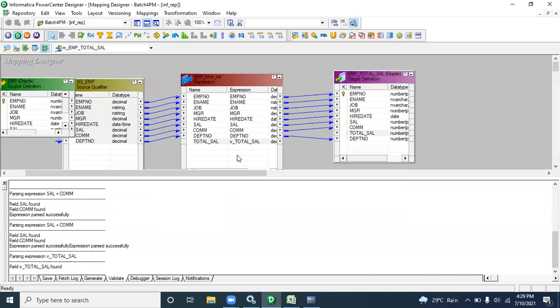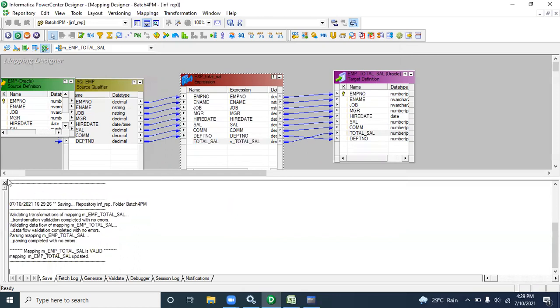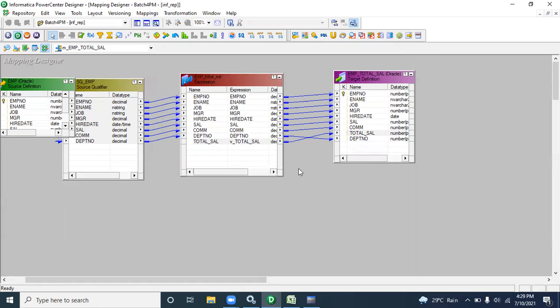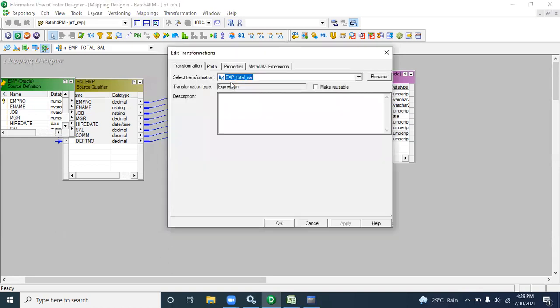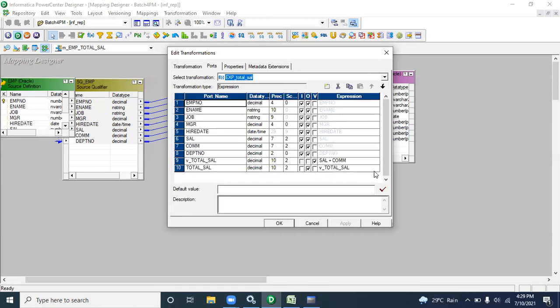This is the way also. Based on your requirement, every flexibility will be there. Are you clear about variable, input and output fields? Yes. Prashant, I think you are a bit confused?